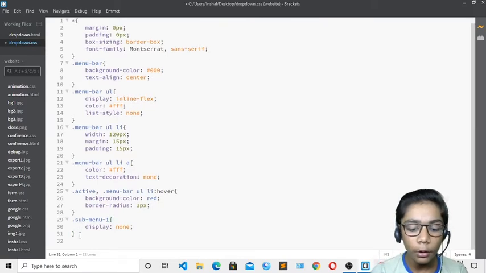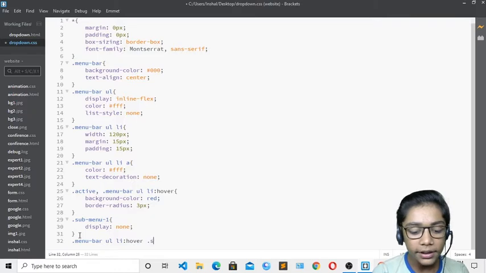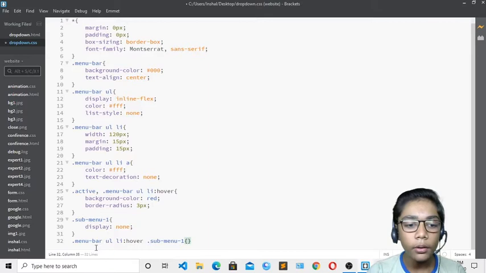First of all, you have to come over here and write .menu bar, which was our class, and over here I will write ul li, and now here you have to write hover. Then I will write .sub menu one. We have written it like that over here. You have to take care of that. Don't write a like previously we have written over here, otherwise we get a really big mistake and we don't get our background color of the hover effect correctly. You have to take care that you have written .menu bar ul li, then the colon with hover, and then .sub menu one.